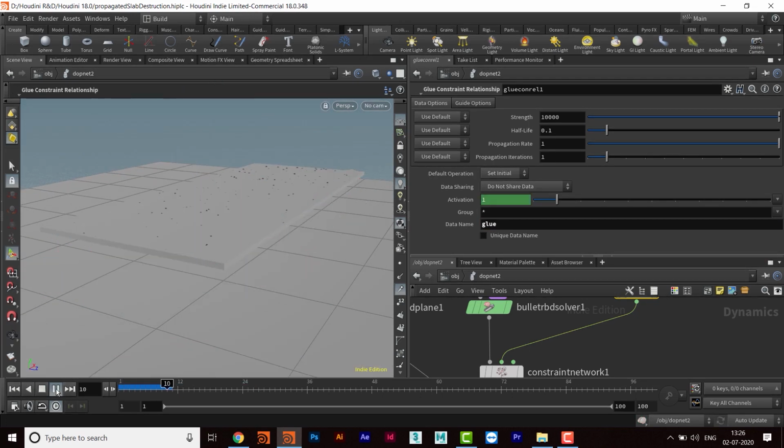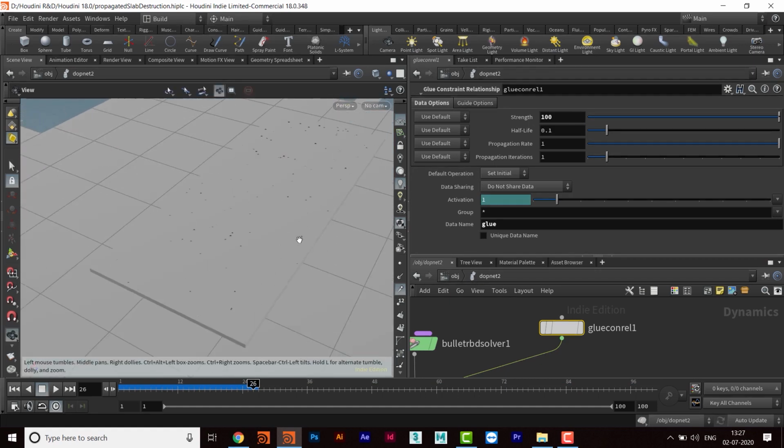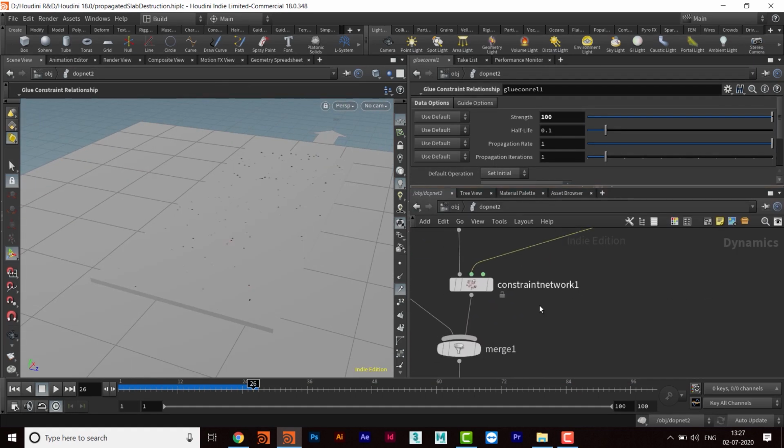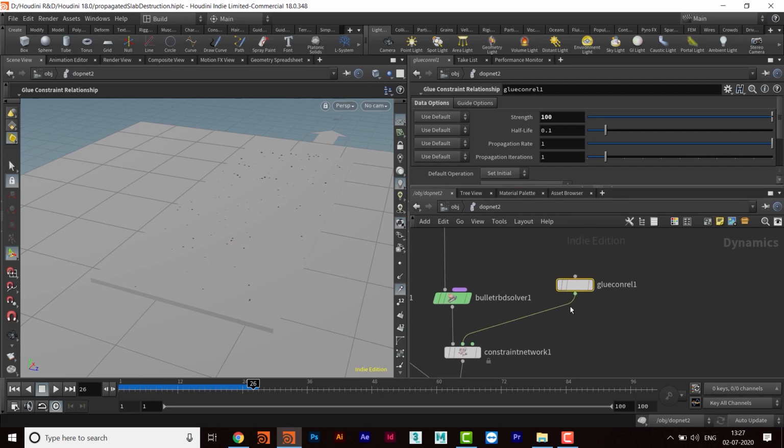That's cool. Okay, so now the chunks are not going down. Why? Because there is a strong force which is all holding them together. So what I will do, I will go to this constraint relationship, and then here we will decrease the value, maybe like this, and then okay, so now what I want, I really want to go there, and then we'll have to do one more thing here.